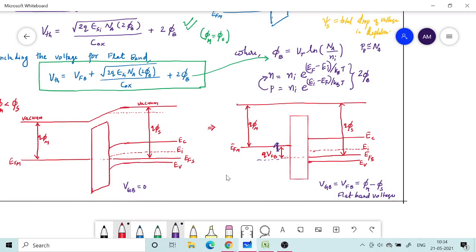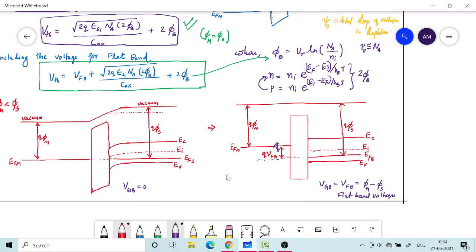Now, considering the earlier discussion, we can talk about the threshold voltage: how much we need to bend the bands in order to convert the p-type material to n-type. So all that we found out earlier, this is basically our earlier expression. We need to apply some voltage, called the threshold voltage, that will create an inversion where psi s becomes 2 phi b. I have written both psi ox and psi x in terms of phi b, substituted 2 phi b, and got this threshold voltage.